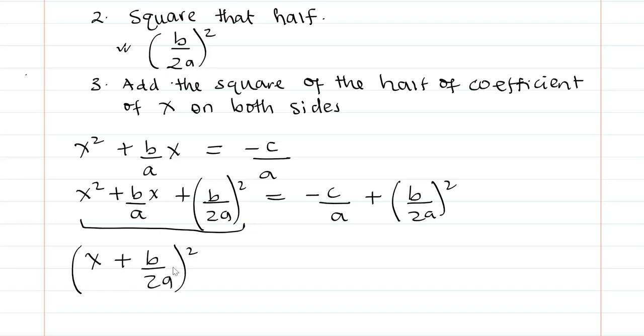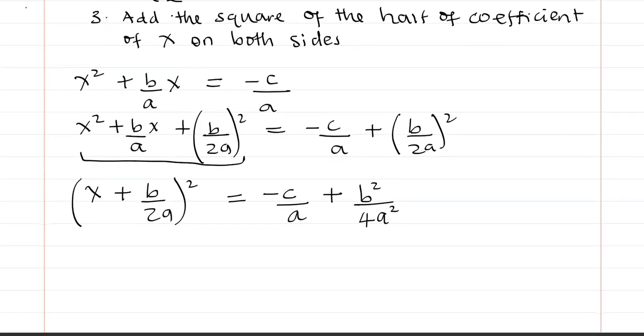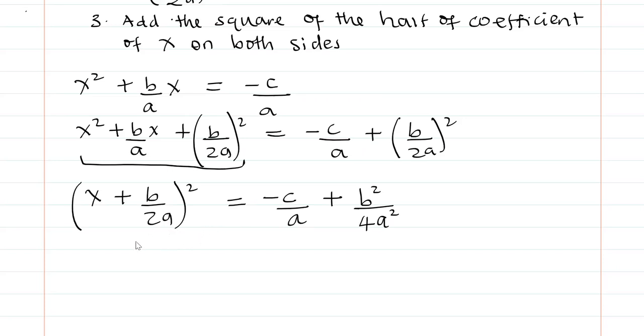(x + b/2a) squared then equals, here we have negative c/a plus, then you square. Since they are both in the bracket, the square applies to the numerator b and the denominator 2a. Therefore here it gives us b squared over 4a squared. If we square 2a, we get 4a squared. And then